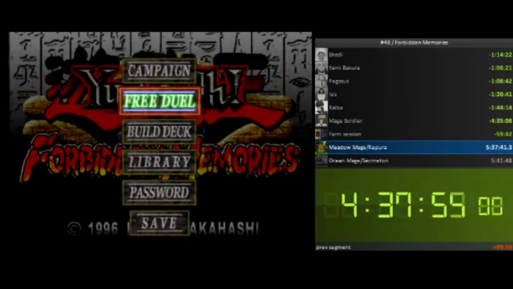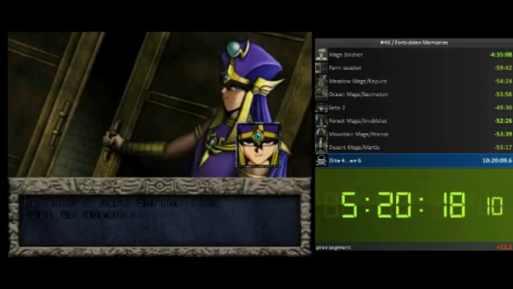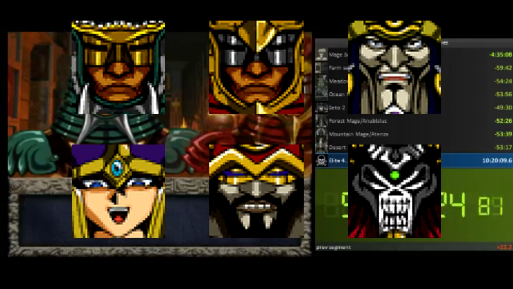After crafting his deck in a record time, MonopolyMan rushed to the end of the game. At the end of Forbidden Memories, you have to fight 6 different duelists in a row without saving. All 6 of these duels are quite difficult, but the most infamous of the 6 would probably be Seto III